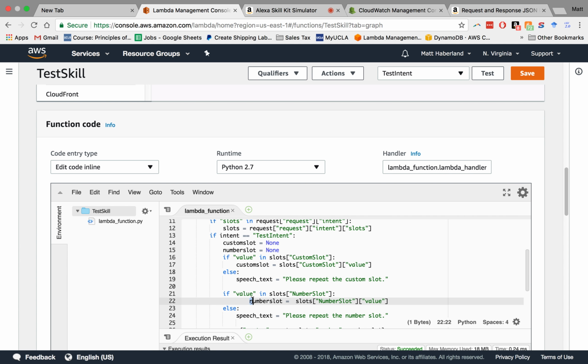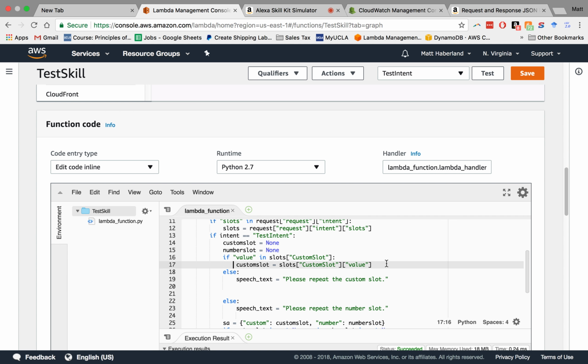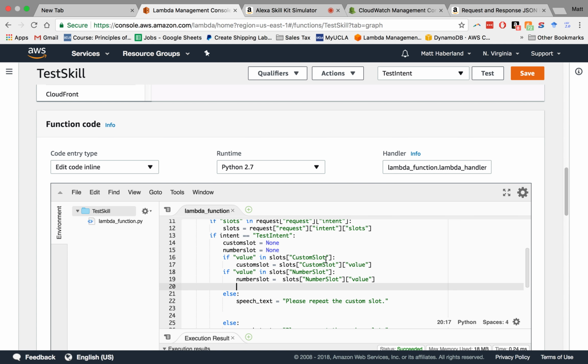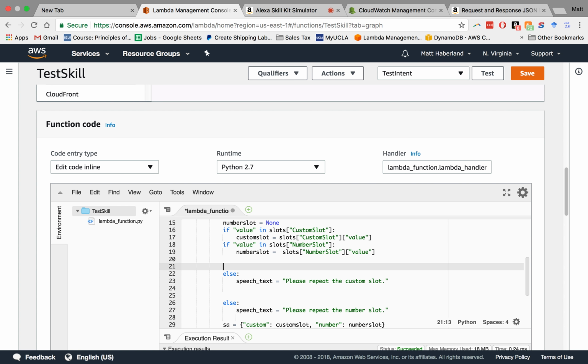All right. So first, maybe what I do, here we go. This is the right logic. Independently, if there is a value, if value is in custom slot, then we're going to take that out. If there's a value in number slot, we're going to take that out. All right, now,